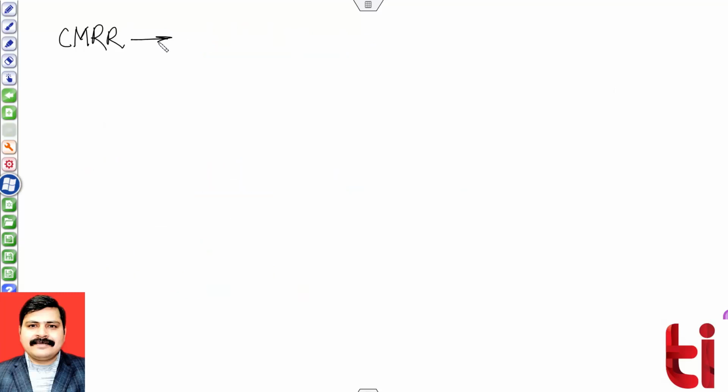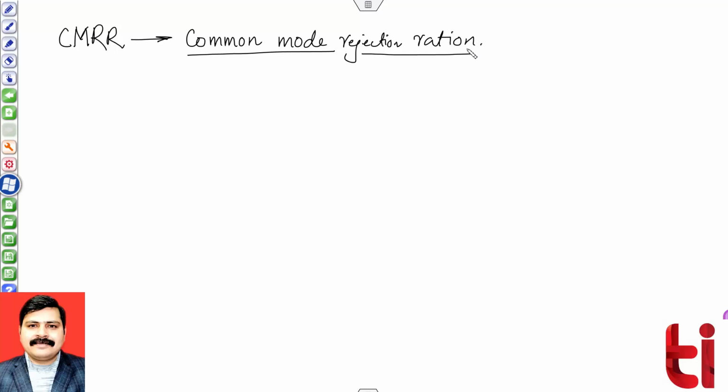The meaning of CMRR is common mode rejection ratio. Common mode rejection ratio. So in order to understand the function of this parameter, common mode rejection ratio, let us understand first